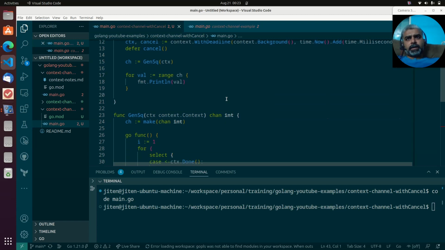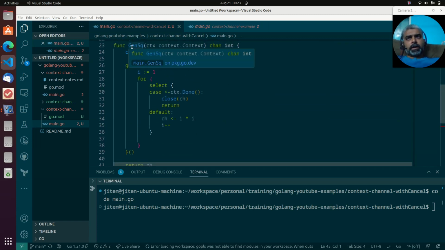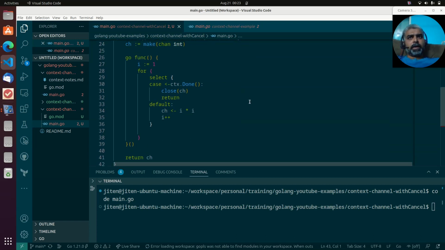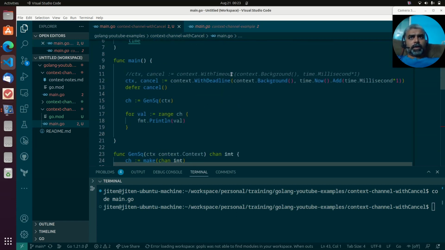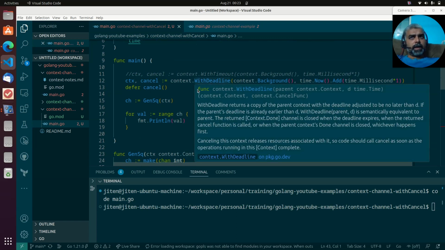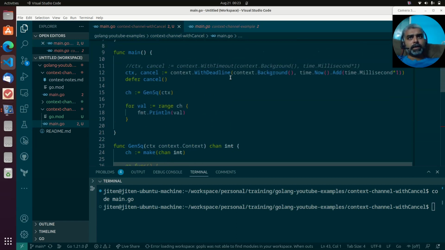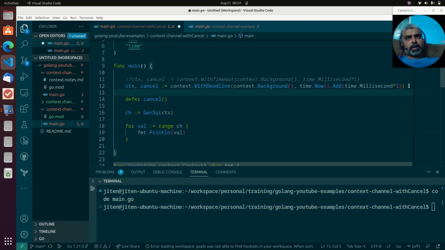So here, generateSq generates the numbers, squares the numbers and returns them to the channel. We take that particular channel. In this code, once it reaches the deadline, automatically the context gets cancelled. So instead of WithDeadline, we are going to cancel the context